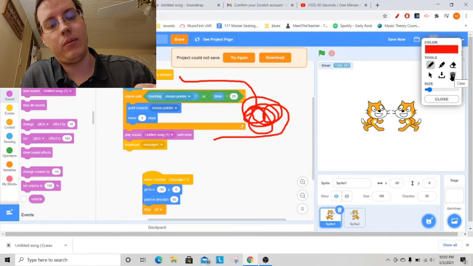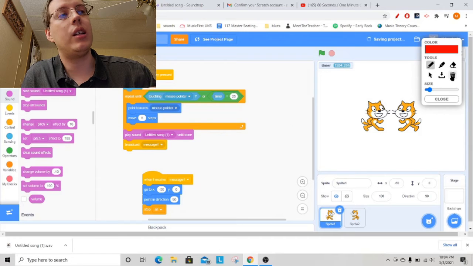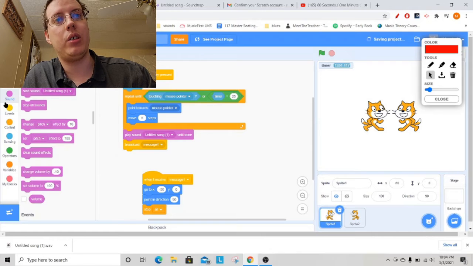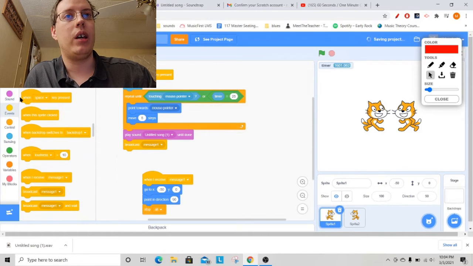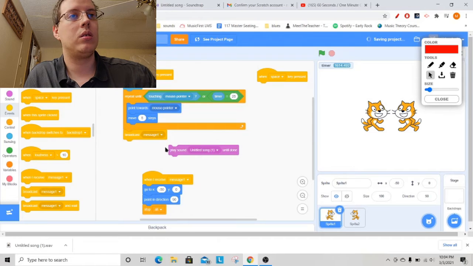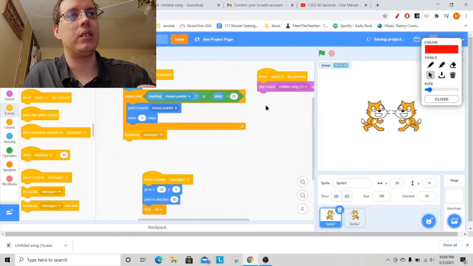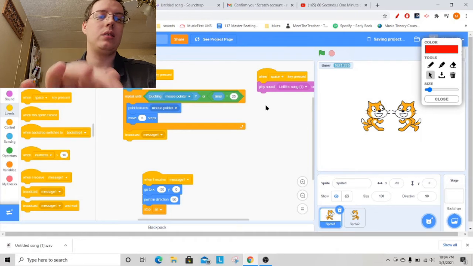The easiest way, and probably the cheesiest way to do this, is to just add another event that has the exact same trigger. So we have when space key pressed for this event, we're just going to grab another when space key pressed. All right, we are going to put that play sound under that when space key pressed. Now if I do that,